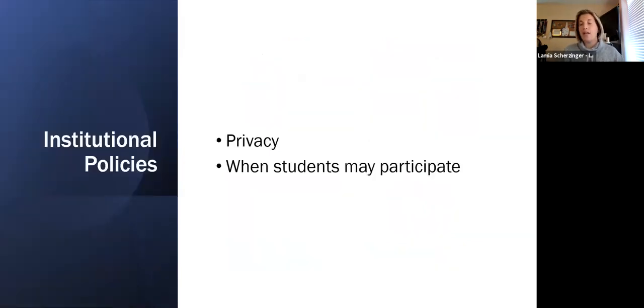And then privacy is a huge thing. Again, depending on the country, there are strict privacy rules. For example, they may not be able to use their own name or picture on some of these platforms. So a way around it is that they can be assigned a Bob Smith kind of name. And on the back end, the instructor knows who Bob Smith is, right? If that's going to be a big issue. You also may have limitations of when the students may participate. Like I said before, they may not be able to participate in a social media platform on academic time, right? So that may be another policy.